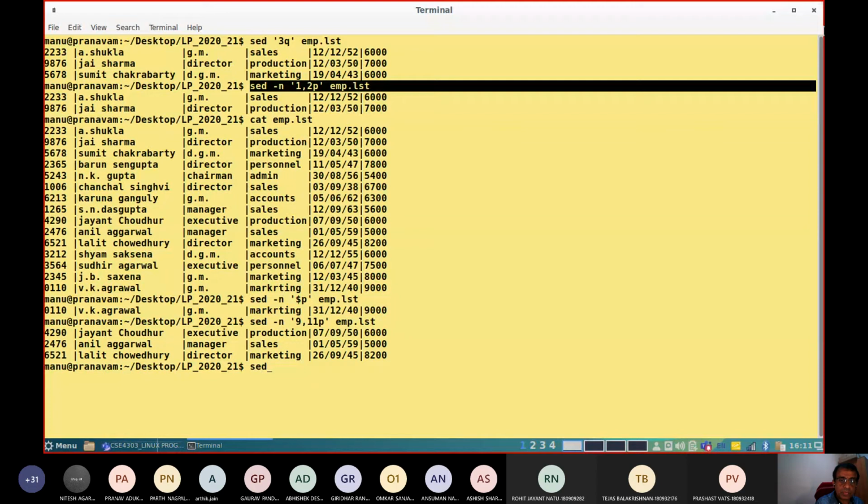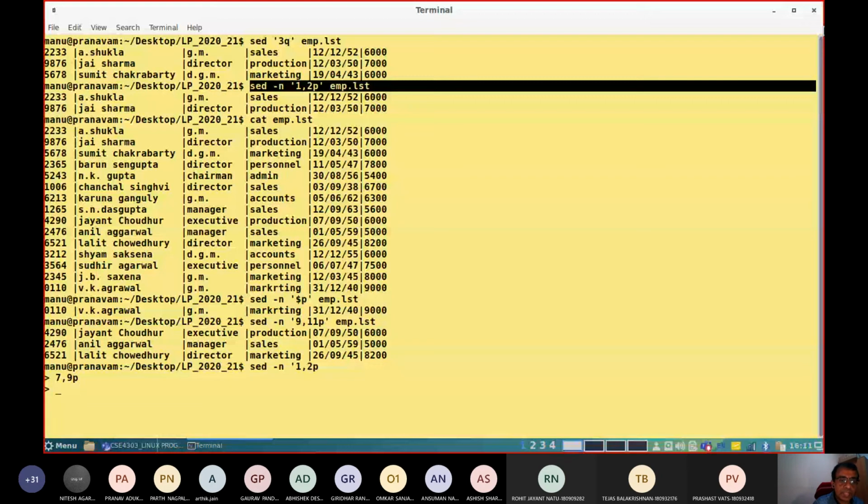And look into another format, the way in which you can write -n. You can write a quote, then line numbers 1 and 2, you print it. Line numbers 1 and 2 you are going to print. Then you want to print line numbers 7 to 9, 7, 8, 9. You print it. That's why you write P.